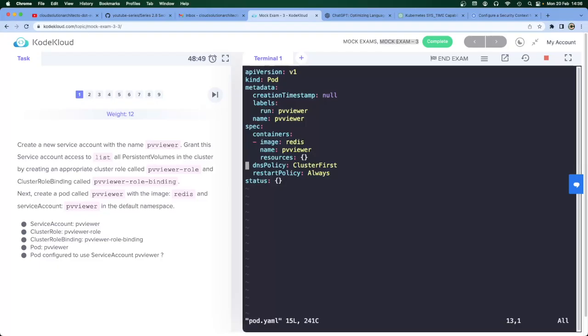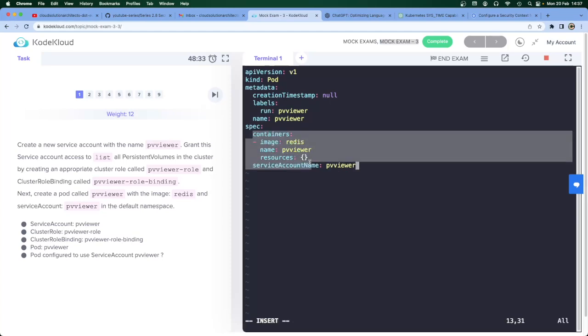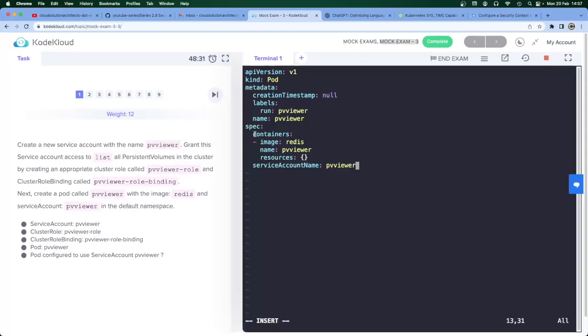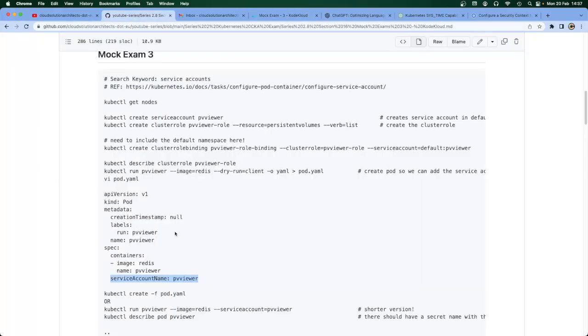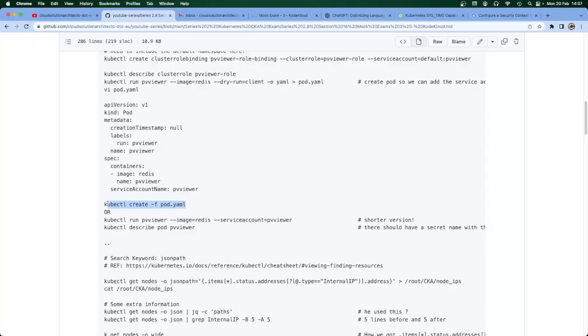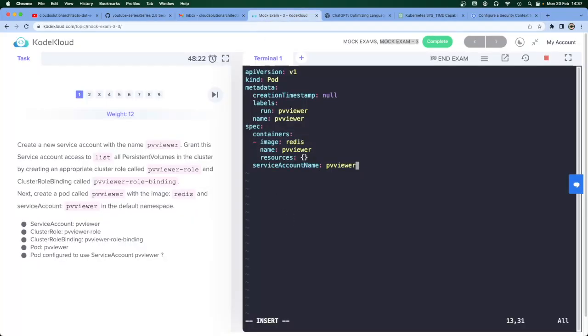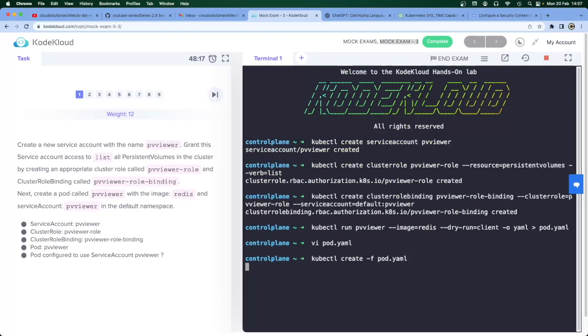I don't actually need this, so I can delete that and put that back as that. The service account name is under containers, so it will be applied to all containers here. That looks exactly like what I've done here. In the interest of time, I'm going to escape out of that, save that,